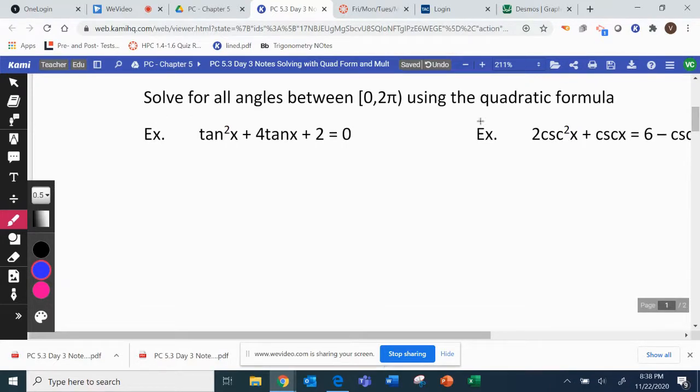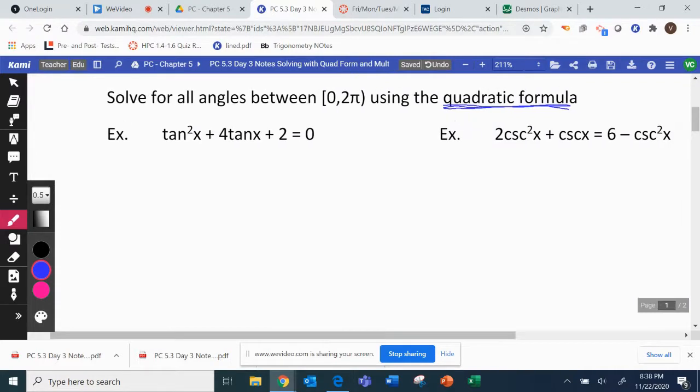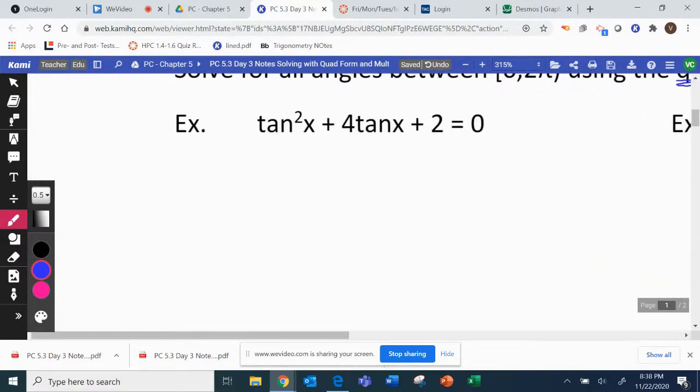So this specifically says we're going to solve these using the quadratic formula. If I did not have directions and it was just solve them, then I would try to factor it first. And because I couldn't figure out how to solve it by factoring, then I would say, oh, maybe I need to use the quadratic formula. So we will set this up, instead of x equals, as tangent x equals opposite b, so b is 4, plus or minus square root b squared minus 4ac